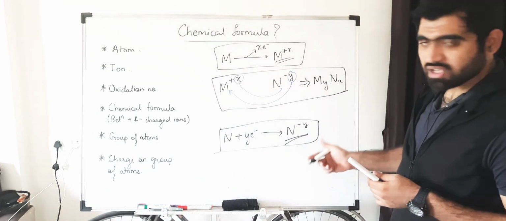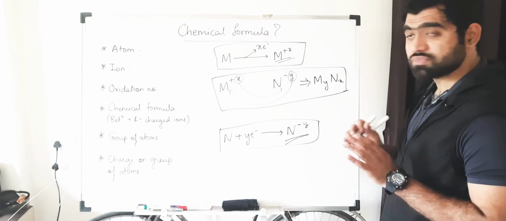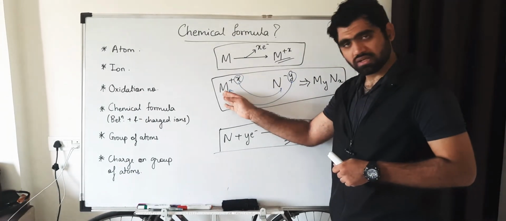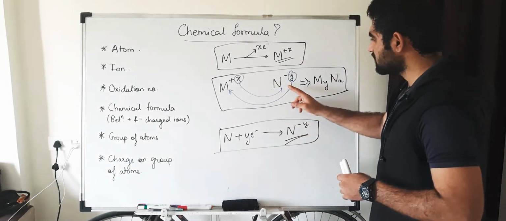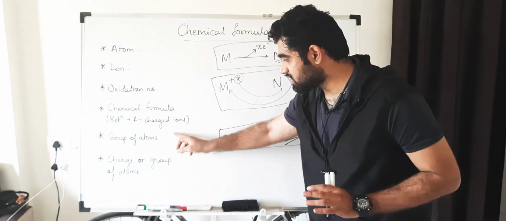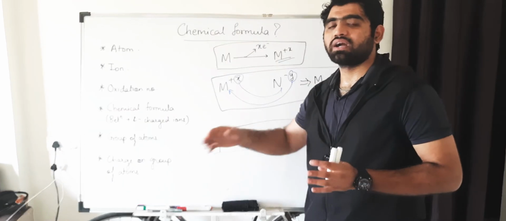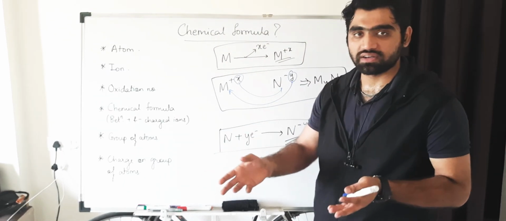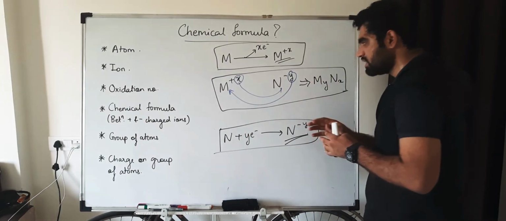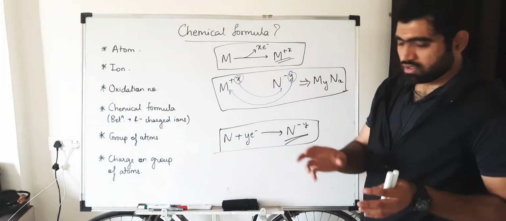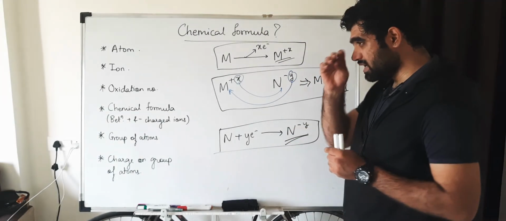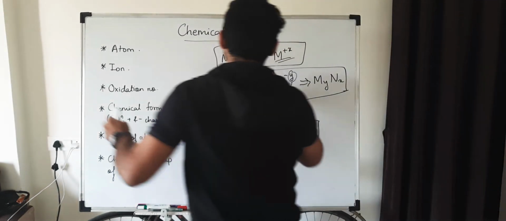So we can take some examples on the basis of this. Here I am just dealing with monoatomic forms, as in I am taking a positively charged single atom and a negatively charged single atom. I am not taking groups of atoms. Groups of atoms and charges on them, like carbonate, sulfate, phosphate, nitrate, will be taken in the next lecture, or in the next video. However, here I'm just discussing independent charges on independent atoms.